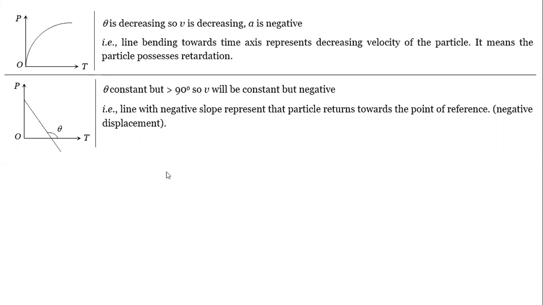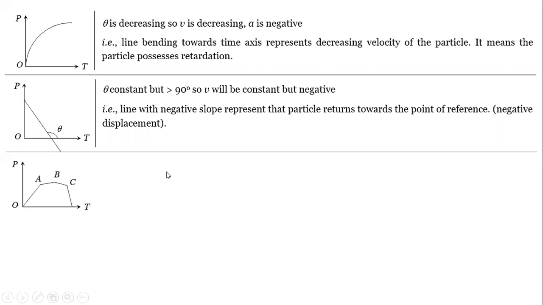I'm just going for the next type of graph. So this one is also a type of graph, but when we try to refer to this, we can see from O to A there is one slope, A to B there is some different slope, B to C there is some different slope, C to the end point there is a different slope. So in the entire interpretation, the various slopes of the lines define that it is having different velocities. So this we can relate to a question of average speed or average velocities.